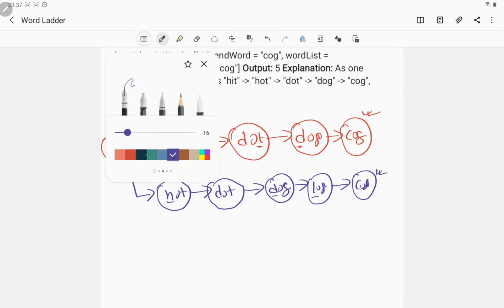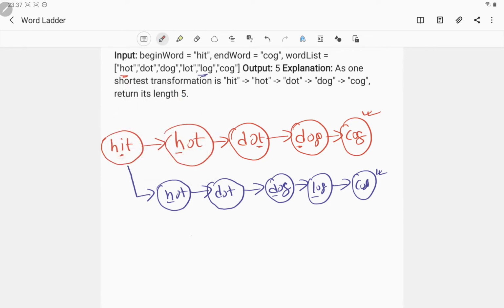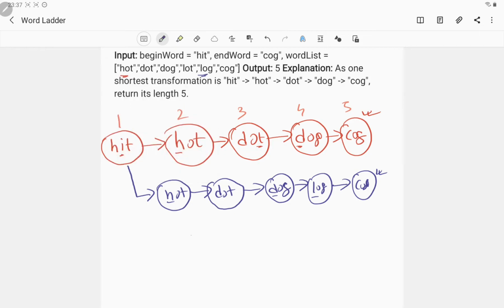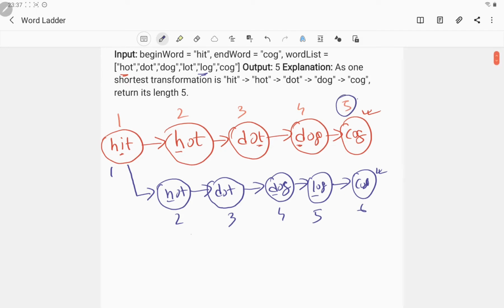If you count the total number of transformations for the first case, it is 1, 2, 3, 4 and 5. But for the second case, it is 1, 2, 3, 4, 5, 6. So we need to return the minimum one, so we need to return 5, since we are doing fewer changes compared to other ways. So this is the explanation of the first example.